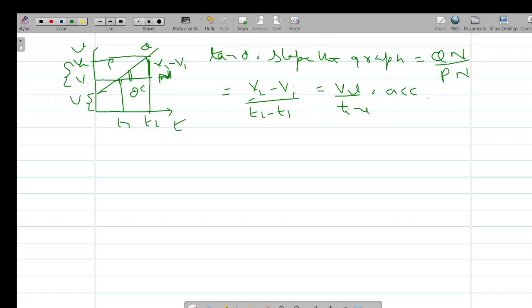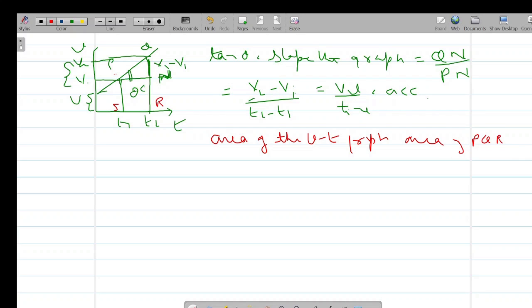From the same graph, you can also show that the area of this graph gives displacement. So let us mark some points. Let me change the color of the pen. So this is PQ we have already taken, so PQ, R and S. So we are considering the area of the VT graph, which is nothing but the area of